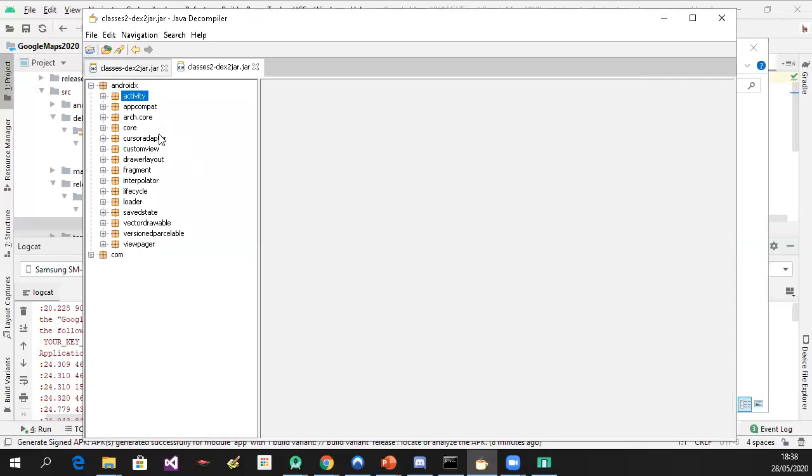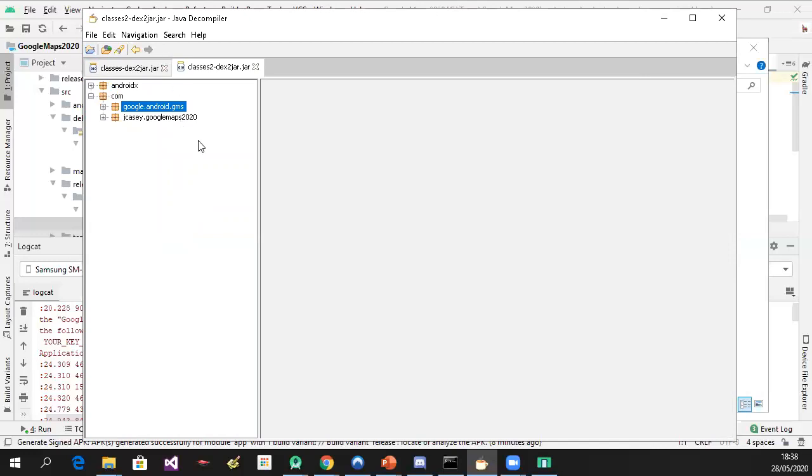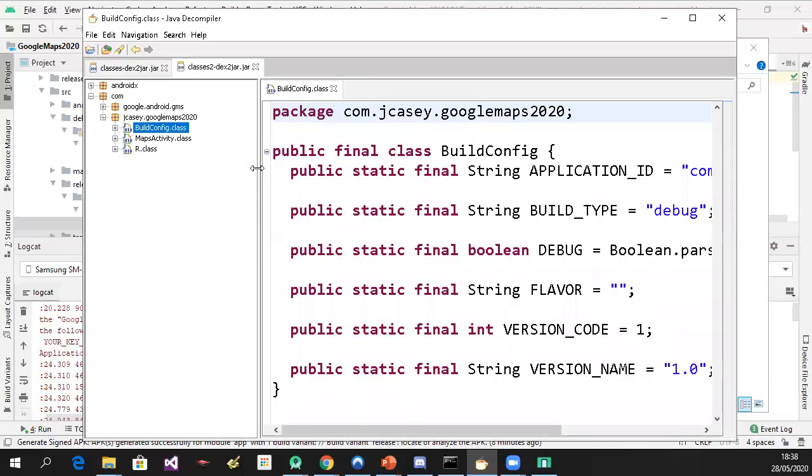So there's still some more support files in there. But we've also got our actual application code as well. So most of the code that is actually in our APK file is not actually ours. It's actually part of the Android framework and its various compatibility layers. But we can eventually click into our own project. And so we've got the Google Maps example here. You can see that we've got some